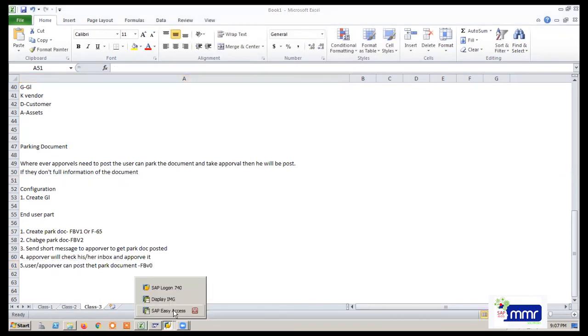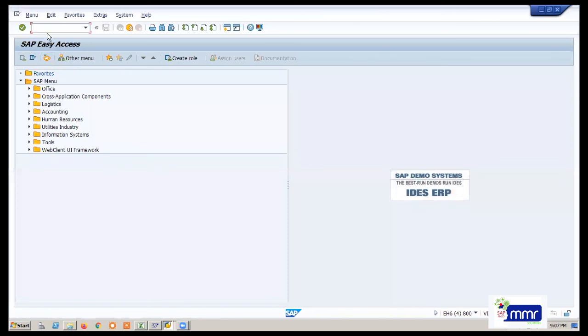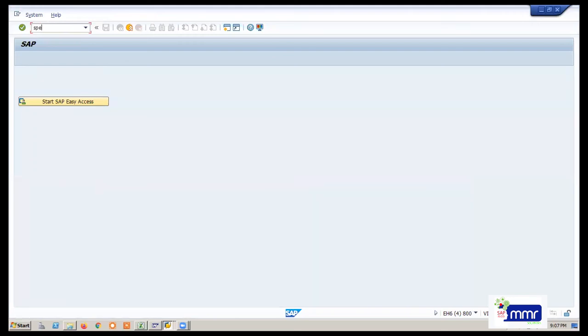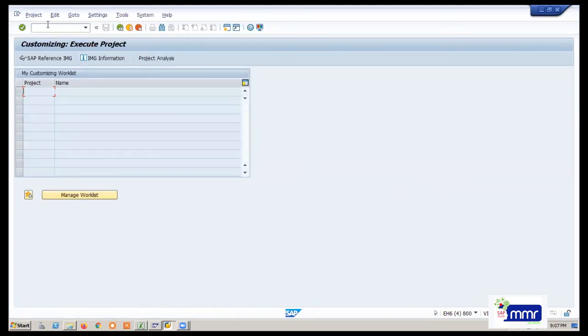So now you can see the short message is sent. Now where you can see the inbox? See, this is our SAP workplace inbox. The T code is SBWP. You just go directly to SBWP.